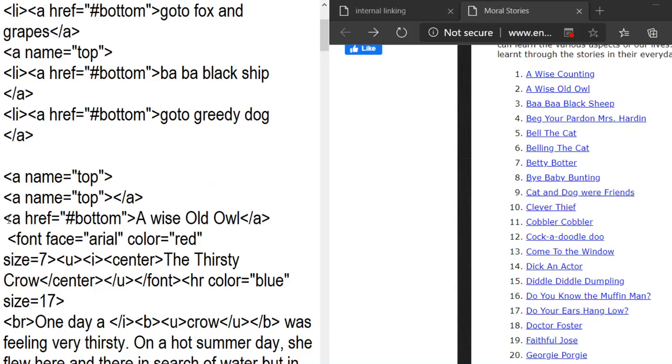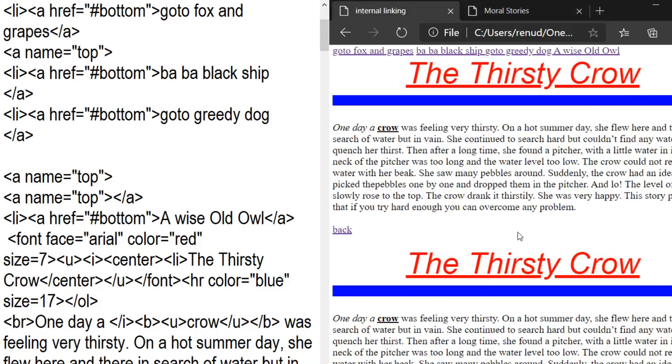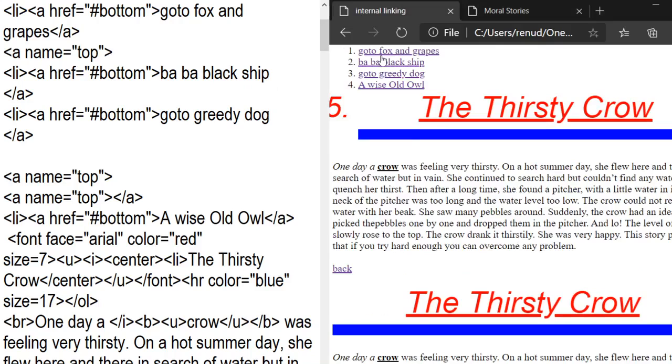And our next link here is a href Avis old. So you can again write li tag here. And after that one more, the thirsty crow. So you can write li here, and li is an empty tag, so no need to close it. After that you can close the ol tag here. Okay, so again save this file, open your page and refresh. So you can see all the links in the list, in the ordered list.